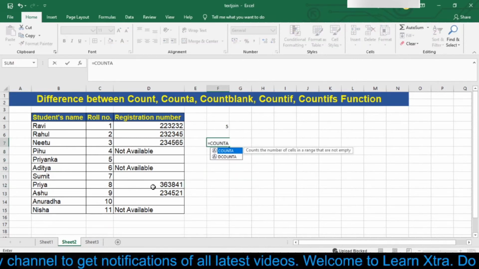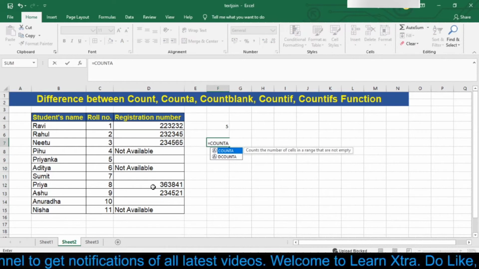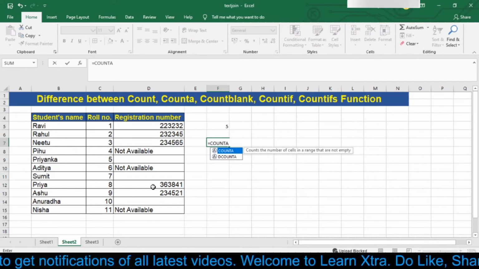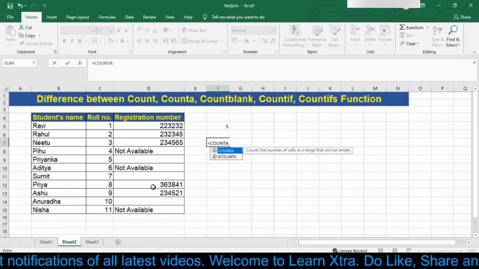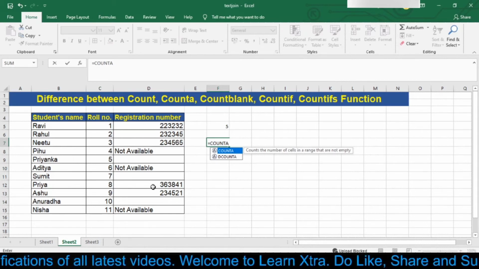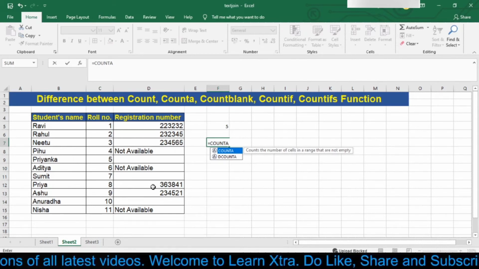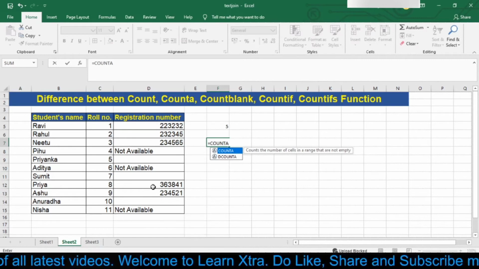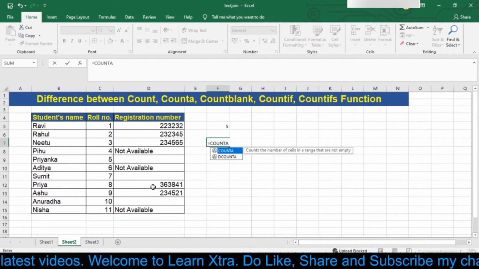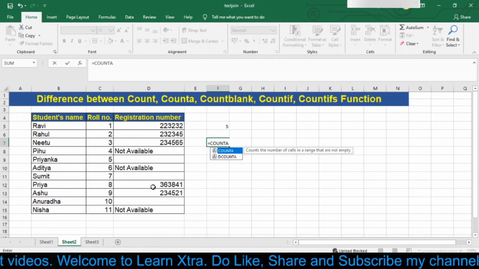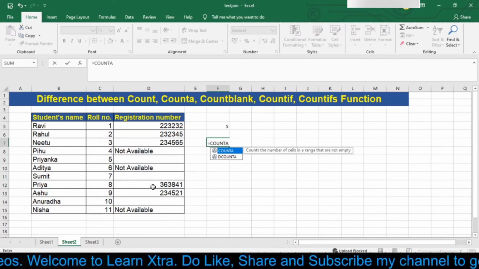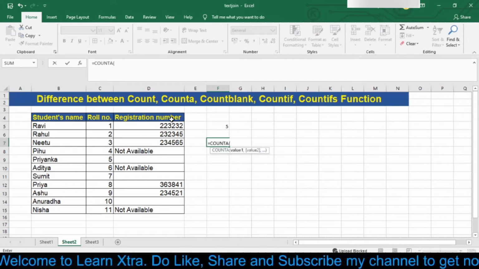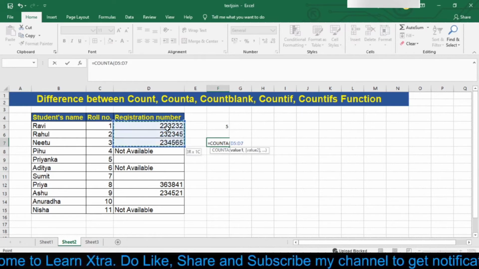Now let's move on and understand countA function. Simply type equal to countA, and this countA function will include everything, that is your text, symbol or number, anything. Equal to countA and then open bracket and then select your region, that is from D5 to D15.